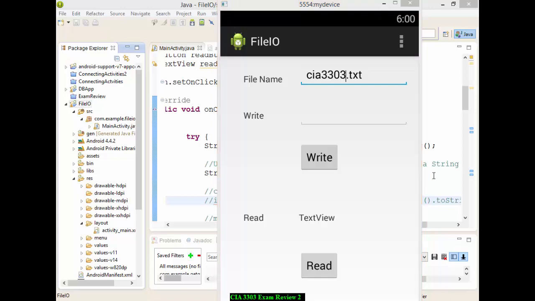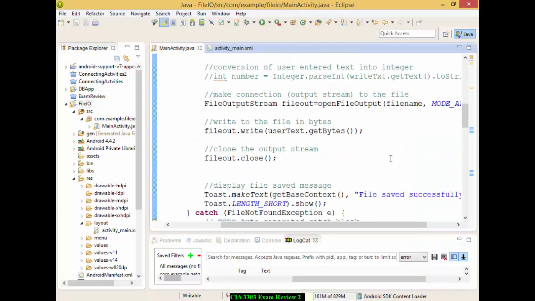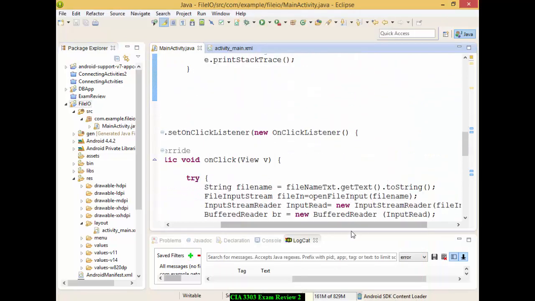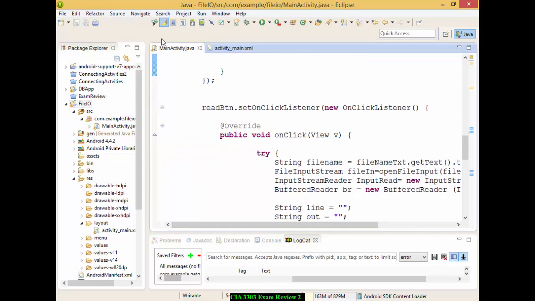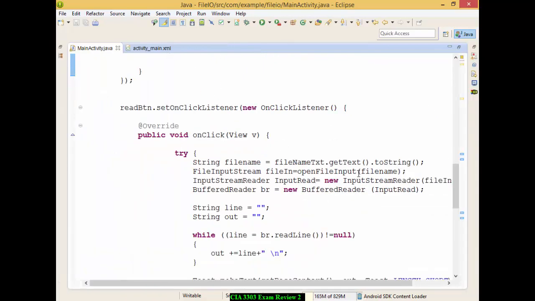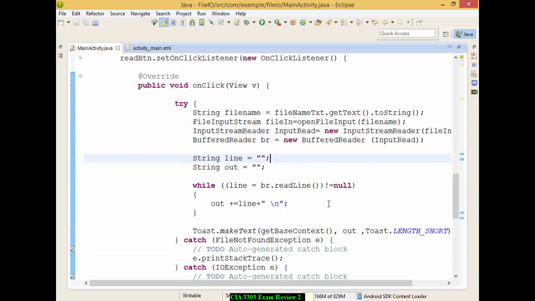So this is reading. Let's look at writing quickly. This was writing. Let's look at reading quickly. When you come to the reading button, let me just increase its size. Now reading, there is a little more code involved. You open an input stream,